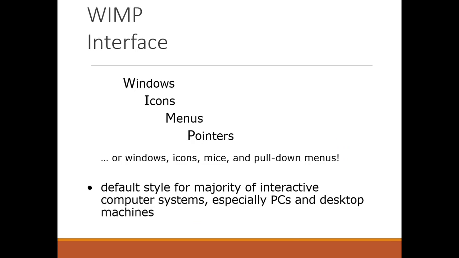I hope this is clear. So in a WIMP interface, we have covered windows, icons and menus. Pointers we will discuss in the next lecture. And we are not going to discuss the pointers of object-oriented programming, which are like a variable that stores the address of another variable. It's not like that. The pointers we will discuss are those in the interface, which make the interaction between the user and the machine very effective.